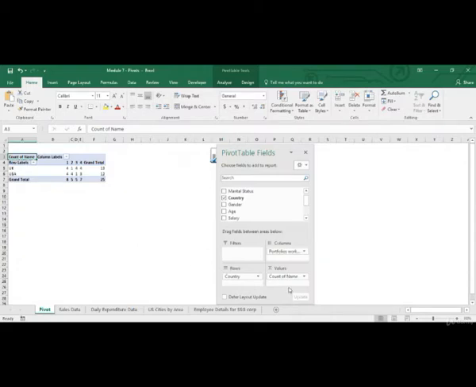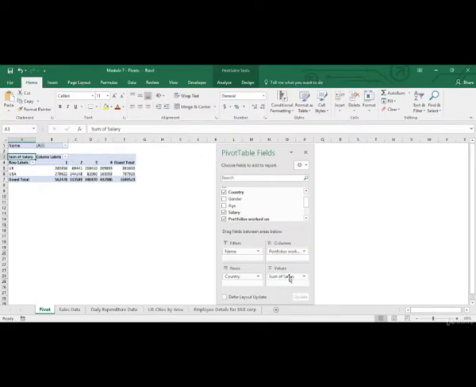Now let's say I don't want to look at the number of employees, but I want to look at the salaries across these 8 different combinations. So I'll remove name from here, and as I drag it to the filter section, the count of gets removed because we are no longer counting names. Let's put salary over here. Whenever you put a numeric value in the value section, Excel will sum it. So over here it is showing that it is summing the salary.